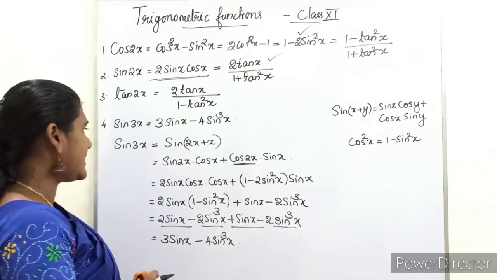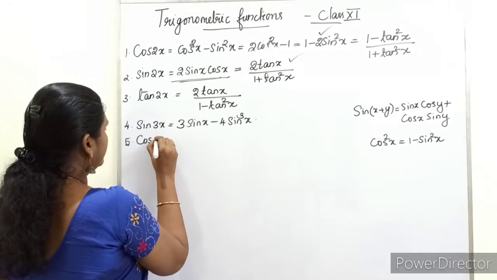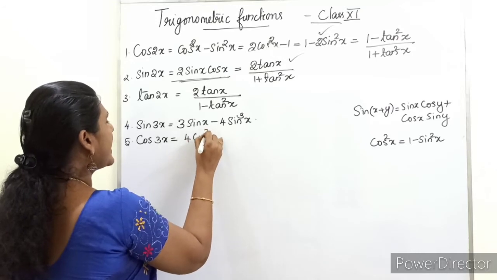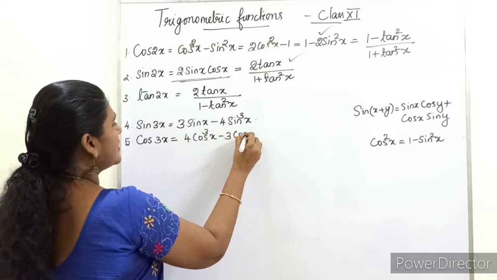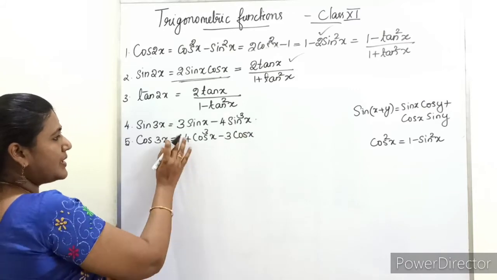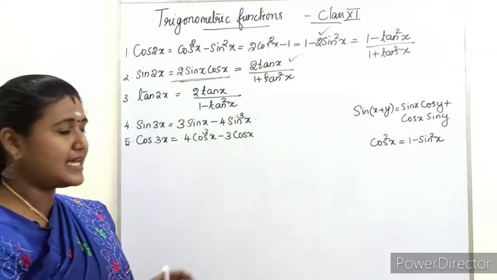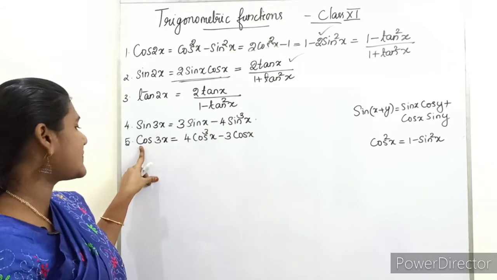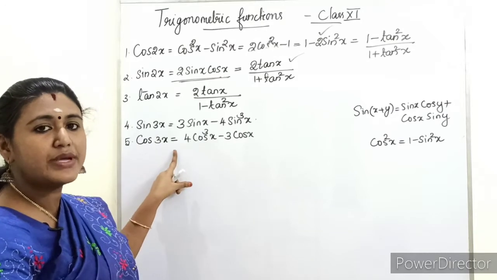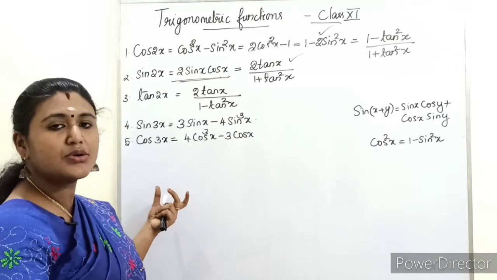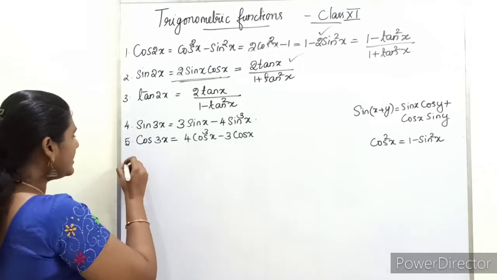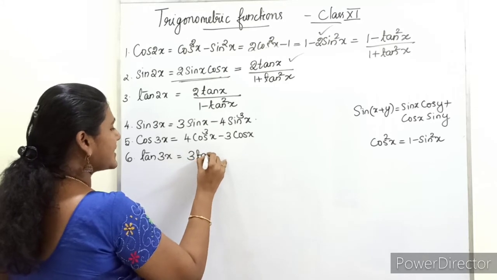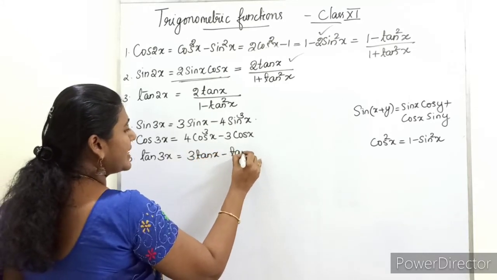Next we will see the cos 3x formula. The next formula: cos 3x is equal to 4 cos cube x minus 3 cos x. The same way you can derive this formula, how we derived the formula for sin 3x, in the same way you can derive it for cos 3x also. That is, you can express cos 3x as cos of 2x plus x, and then you have to use the cos x plus y identity. Now the last one is the tan 3x formula: 3 tan x minus tan cube x